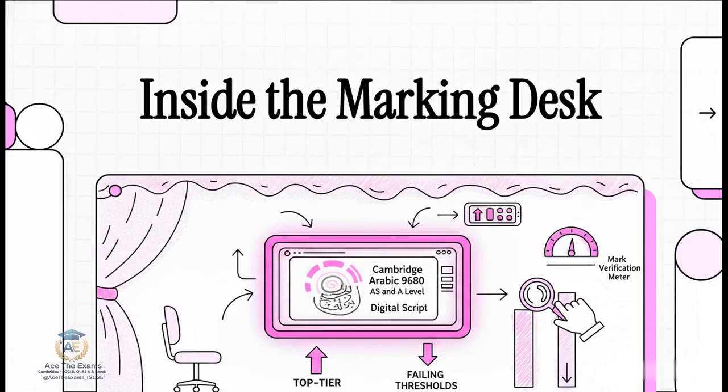Welcome to this explainer. Pull up a chair and sit right next to me. Imagine you're looking through my eyes right now. We are sitting at a modern examiner's desk, and the glow of an interactive digital screen is lighting up the room. Right in front of us, Cambridge Arabic 9680 AS and A-level scripts are continuously loading via the portal, one